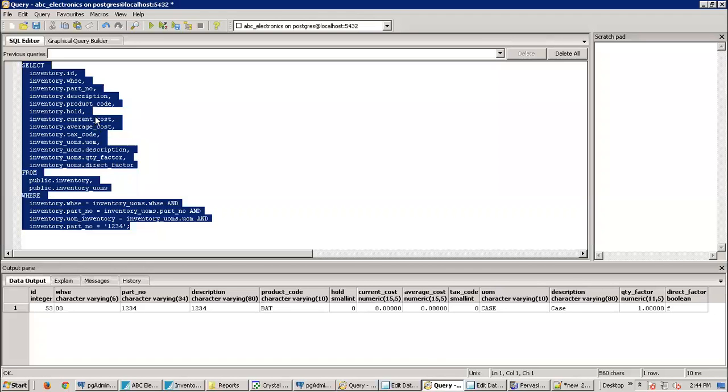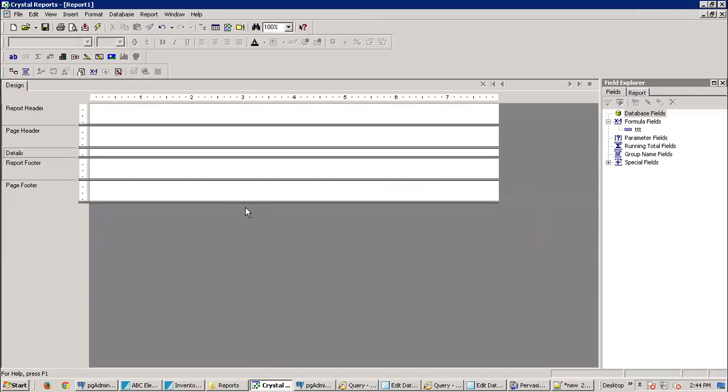So here we have a limited number of fields, and that's all I have in my query. So when you come over here and add it as a command, that's all you have. Then you don't have to worry about all these extra fields. You can already sort through that in the database, and you don't have to worry about all these extra fields that you accumulate as part of a table to write your report. Again, it's a very efficient way of writing reports, but it does require some